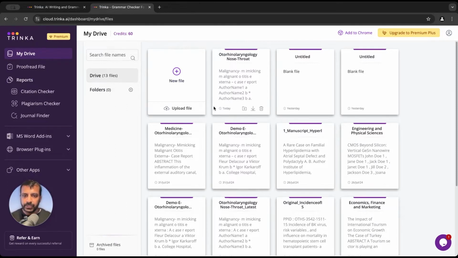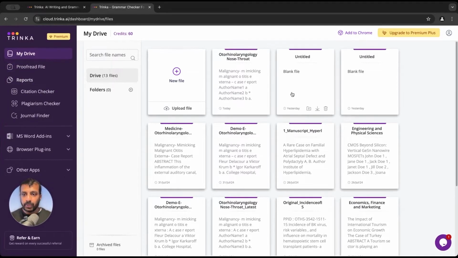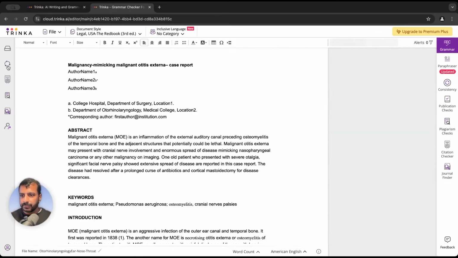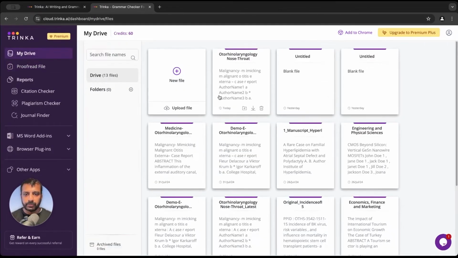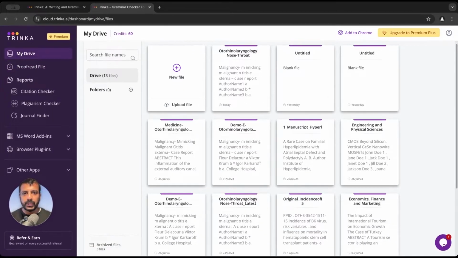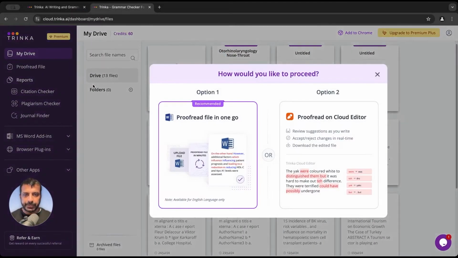Now you can use it using My Drive or using this shortcut icon, but you could have also done it, I think, right here, if you wanted to. So there are different ways to go to that. I'm going to show you the classical way of going through the My Drive functionality. So you click on Upload File. Again, my device, I navigate to the folder, the same document, because I want to show you the same document